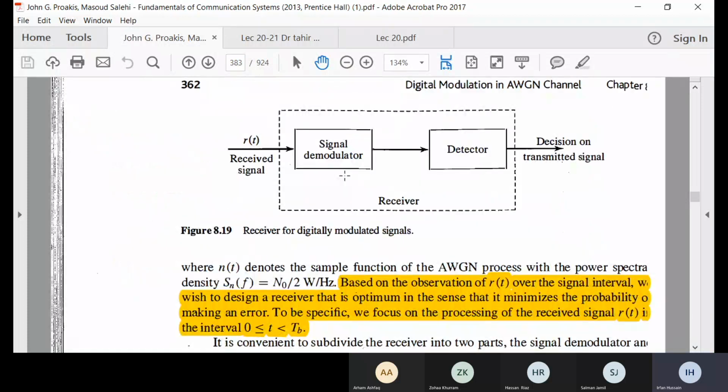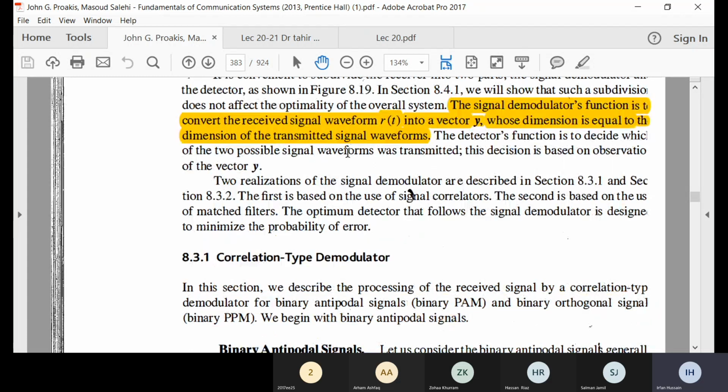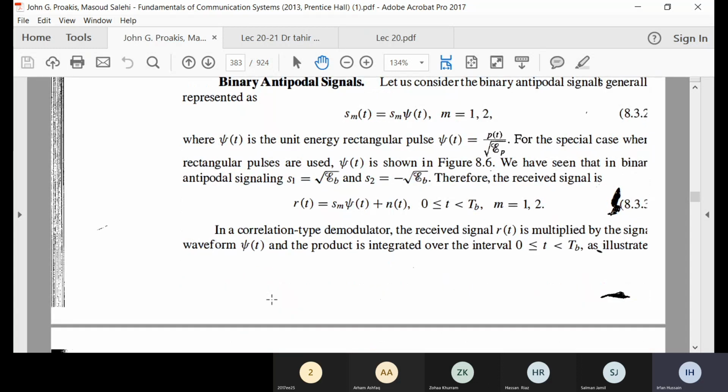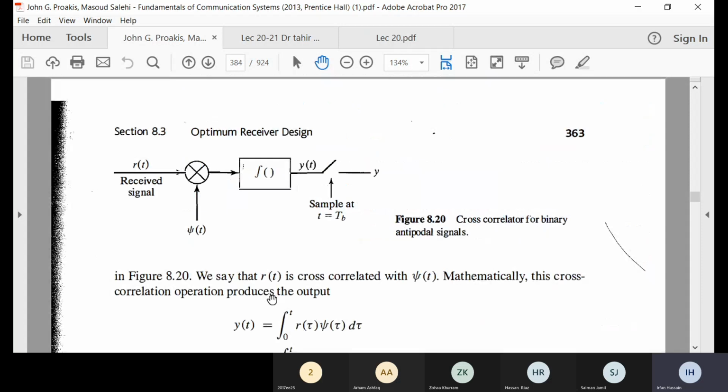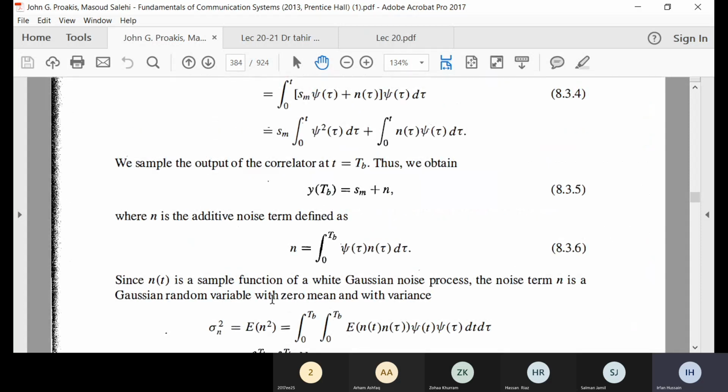So we saw this channel, and then its types for demodulators. We have a demodulator and we have a detector. So first we will be studying about demodulators, and there are two types of demodulators. The first one was the correlation type demodulator, and we then studied the correlation type demodulator for binary antipodal signaling, and